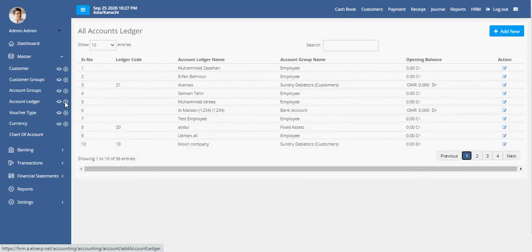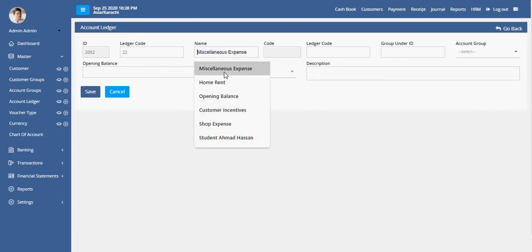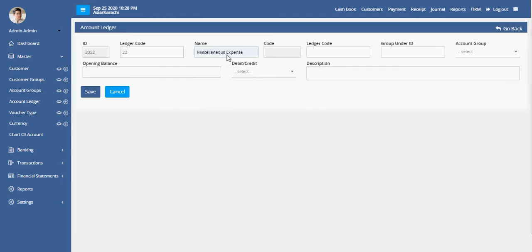We can create new account ledger. We just need to define the ledger name and the account group type. We can also define the opening balance.